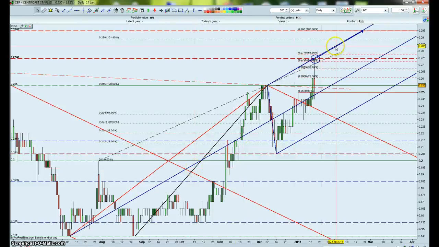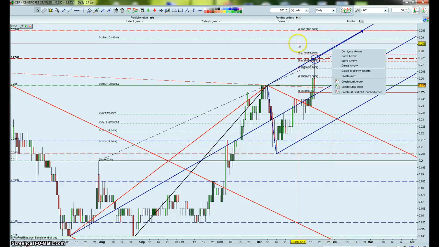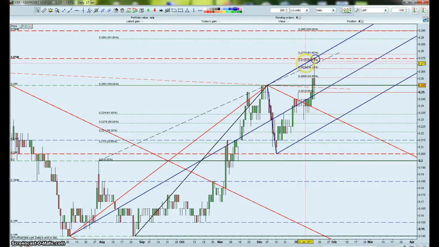Okay, this is a CER Chart Mark II. I ran out of time on the last video, and there's probably a few things I should have said. I just didn't get time to say on the last one. But anyway, I think what we were saying is how we're talking about these action and reaction lines, and the last one we're looking at was the action line down here at the 20.5 cents, and then we had the